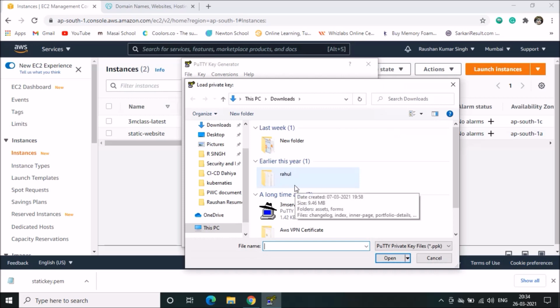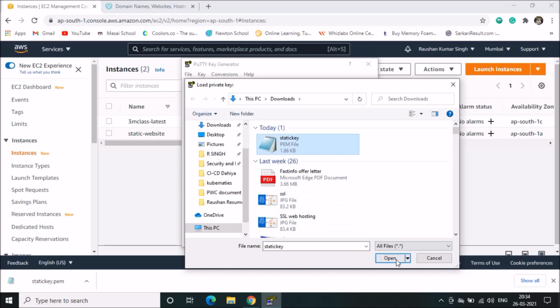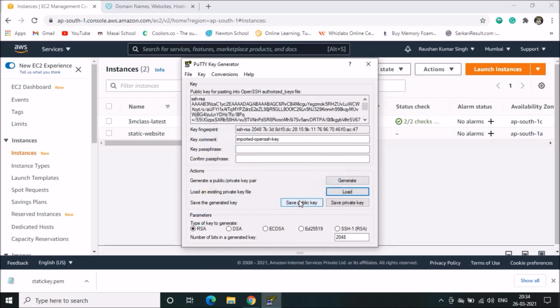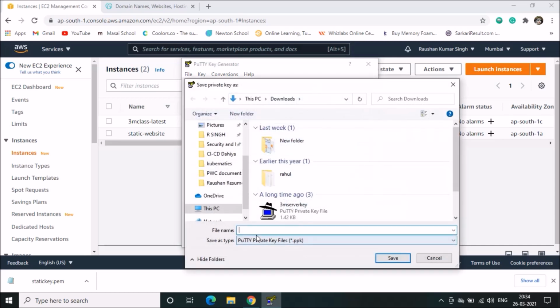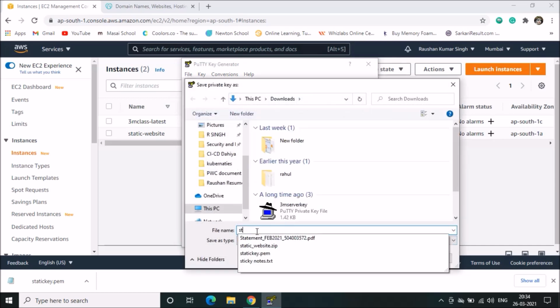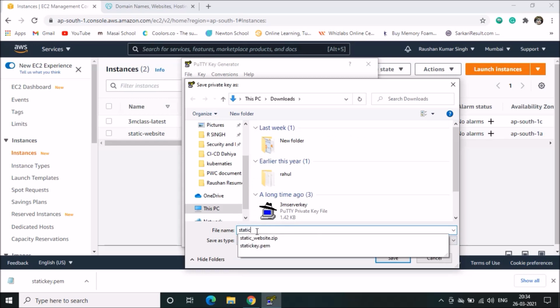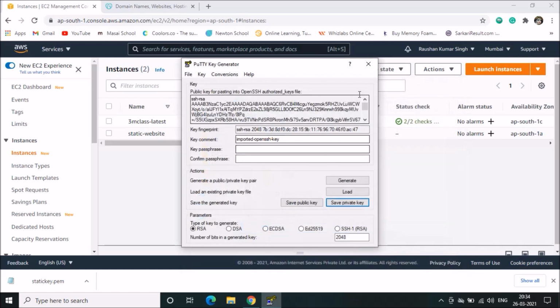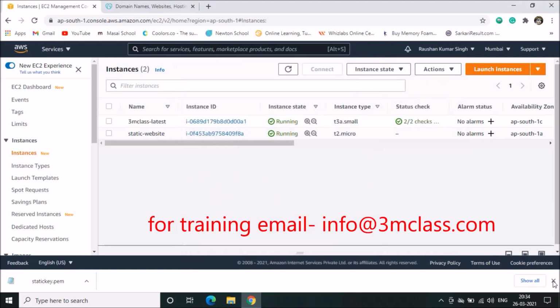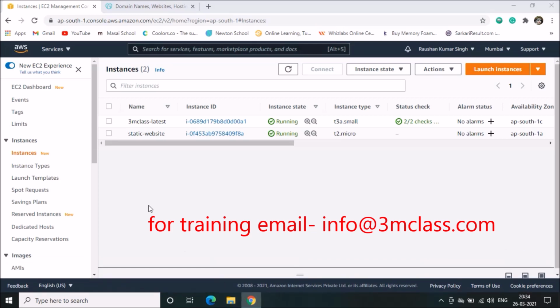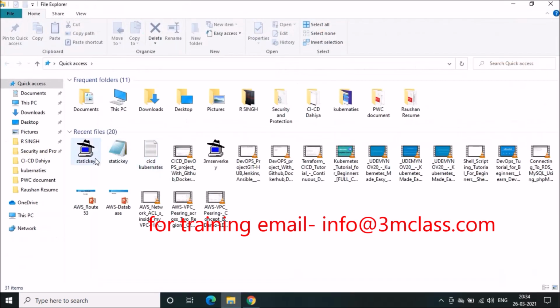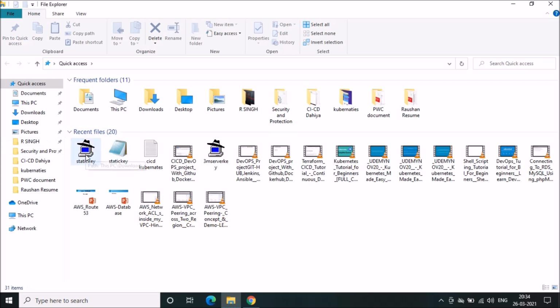Then we select all files, then the static key file, then okay, then save private key, yes. Then we will give the name with .ppk, then save. Now you are able to see the ppk file in the folder view.